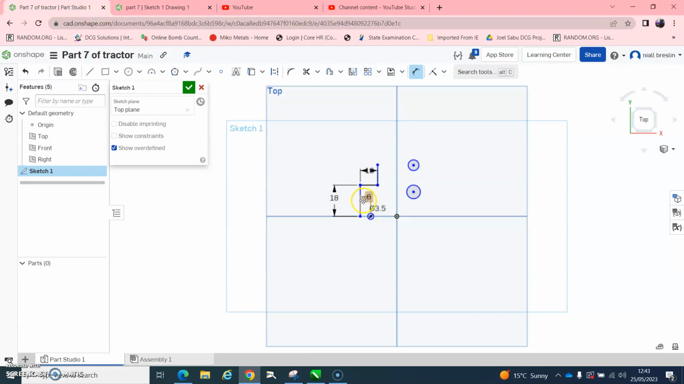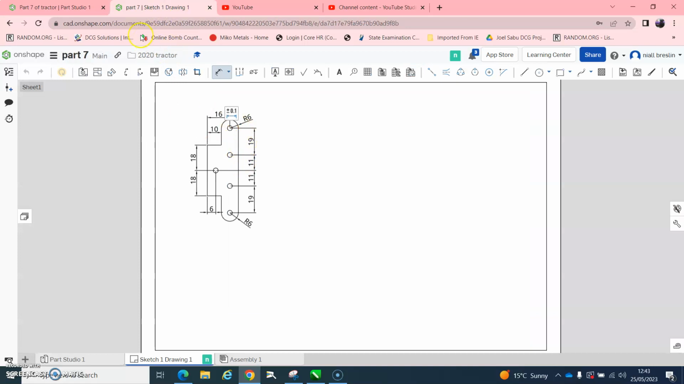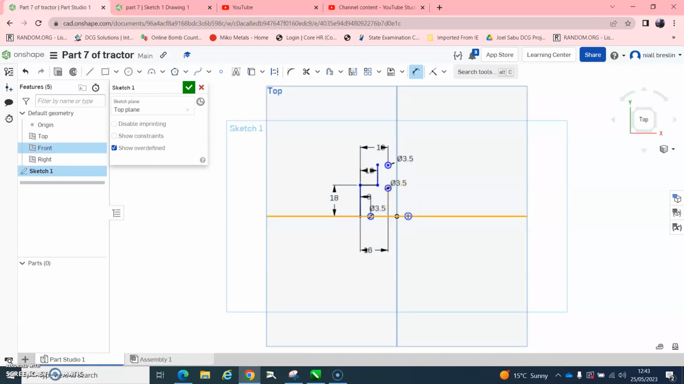So D dimension from here to here, 16. From here to here, 16. Again, 2.5. 2.5. This is up 11 and then 18. So